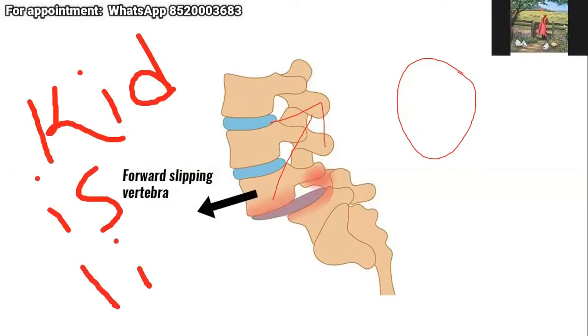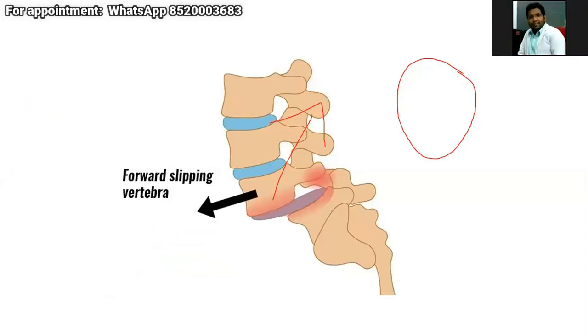He's asking how flexion is going to cause injury. I have told you the intradiscal pressure is maximum in flexion. So any movement which causes repetitive flexion causes repetitive increase in the intradiscal pressure. This repetitive increase in intradiscal pressure will cause dehydration and later damage to the lumbar disc.